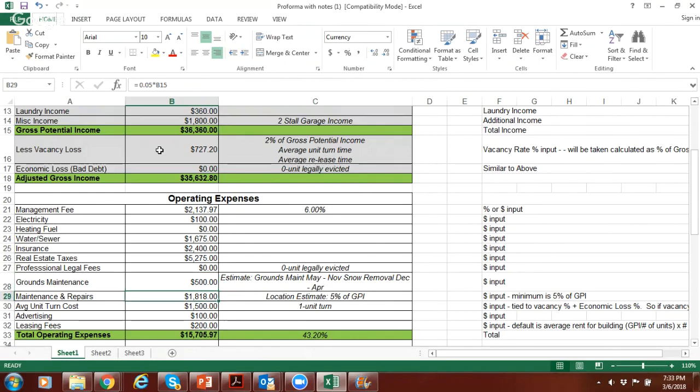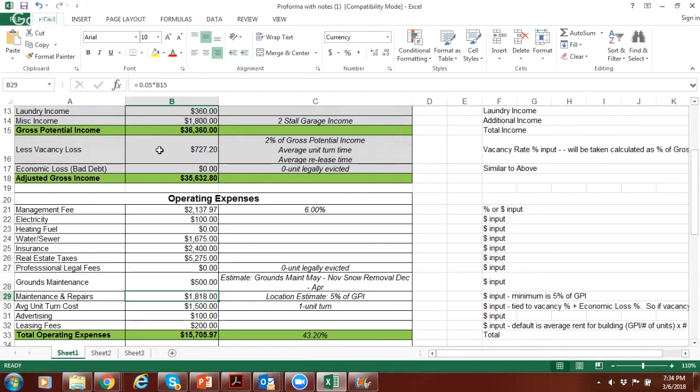Maintenance and repair, this is very important. Many of these expenses that I've listed here, sellers typically do not list. I do list these because, like I said, I've run a property management company for 12 years. These are real expenses that you will experience. If you get an ineffective number presented by your seller, because many times they will downplay this number, I run, depending on the type of building,